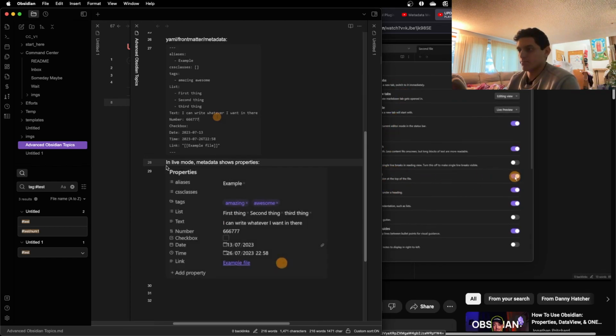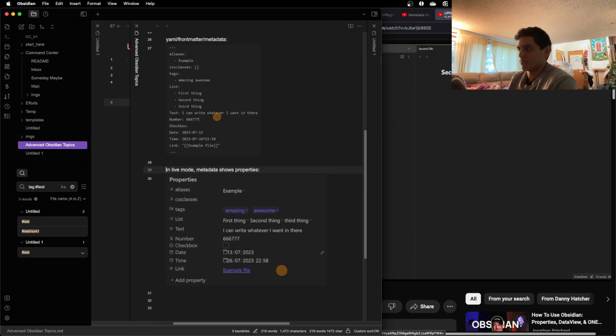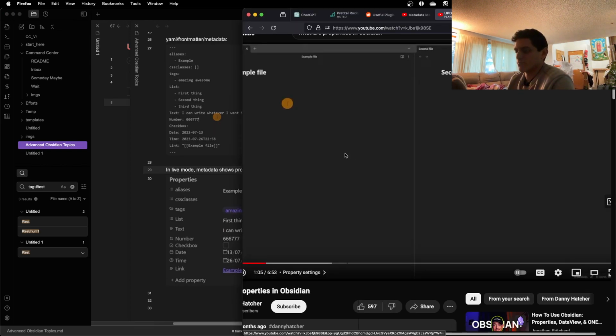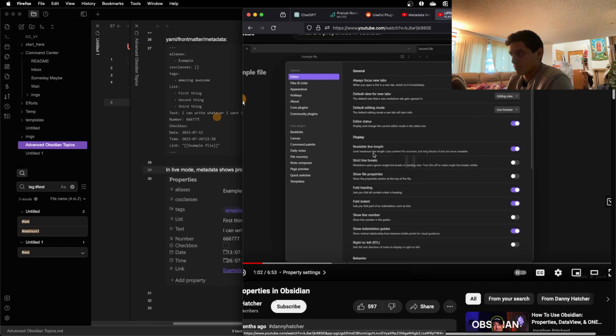it says show file properties. If I tick this off, you can see all the file properties and everything have disappeared. So properties, if I tick this off, you can see